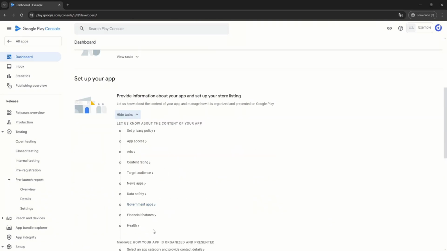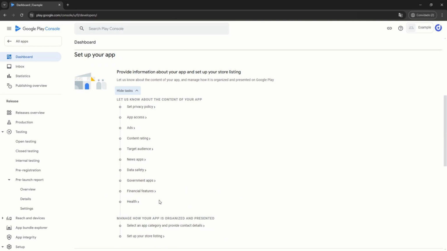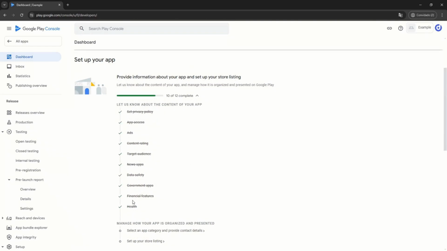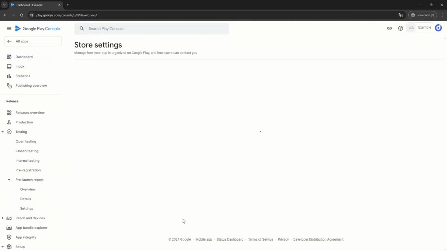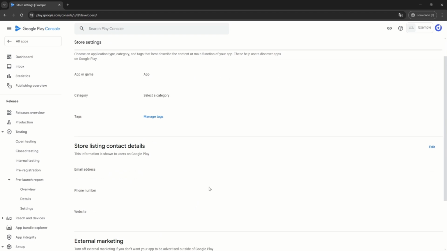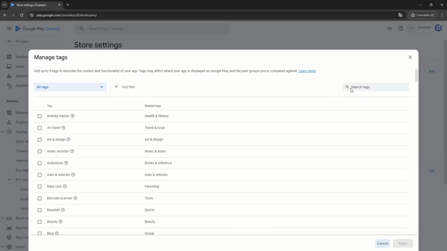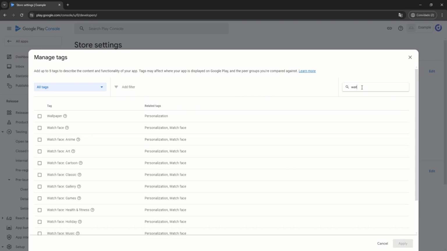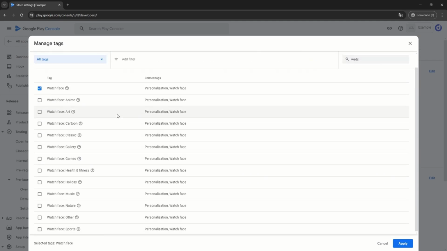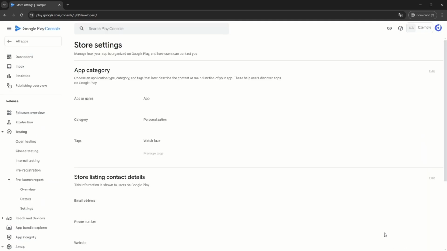Fill out each form that is inside the section of content. Once it is all done, open the Category and Content form. In here, add at least the watch face tag. Now add at least your email.